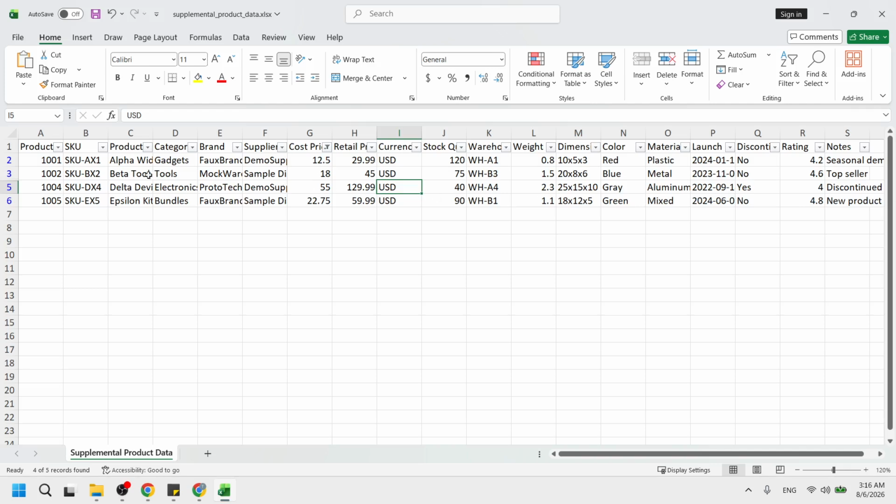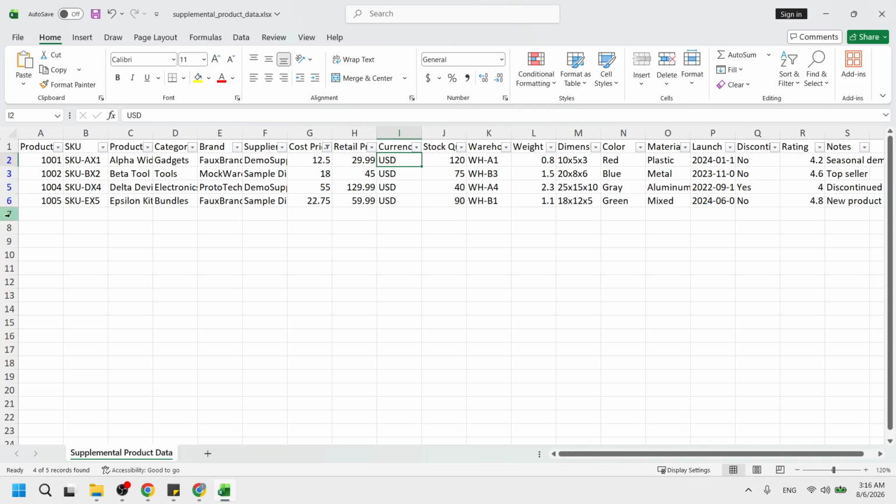Next, click any single cell inside your data table with an existing filter. It does not need to be in the header row, just anywhere in the filtered range. When your cursor is in the filtered area, Excel understands which set of rows and columns you want to work with. A quick way to confirm the data is filtered is to check if some row numbers on the left are blue or appear skipped, which means some rows are currently hidden.